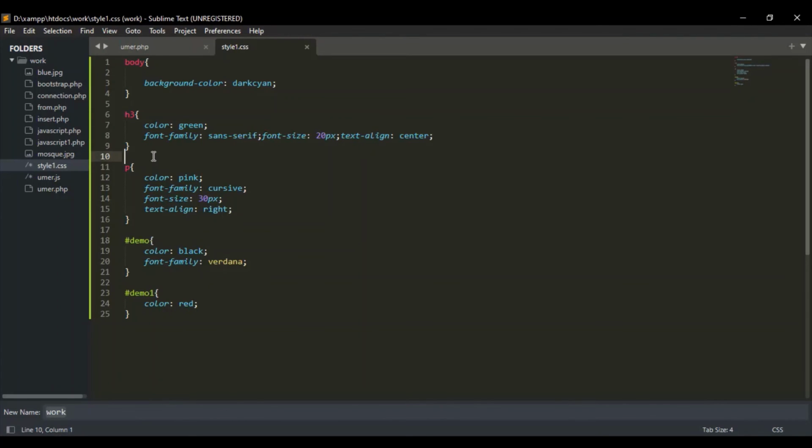Now we have the class selector. The class selector selects an HTML element with a specific class attribute. To select an element with a specific class, write a period. You need to write a period character followed by a class name. Let's say class one. Now, the reason for this one, let's say you want